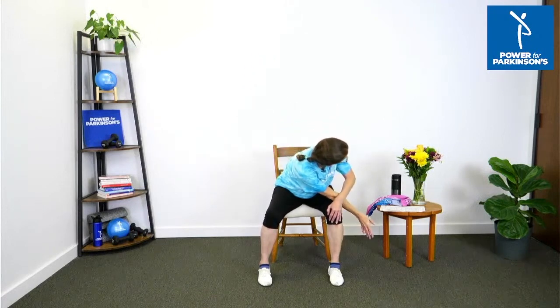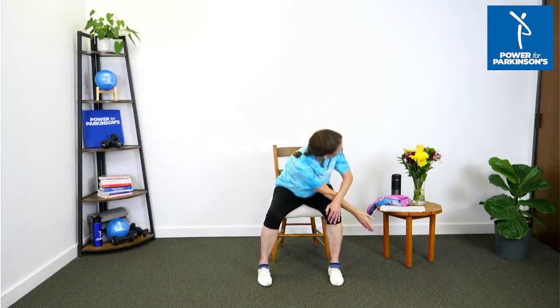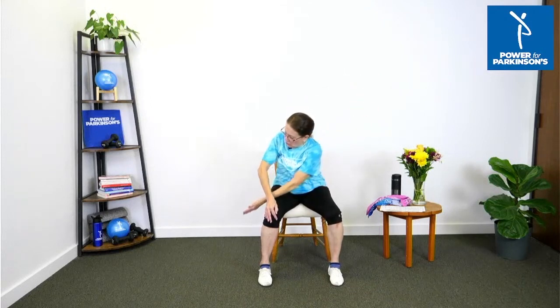And open, and reach, and one more. Open, and reach, and relax. Roll your shoulders. So that's opening up the back of the shoulder. Place the left hand on the front of the knee. Open the right arm, open the front of the chest, pectoral muscles opening, and slide through that hole, reach for